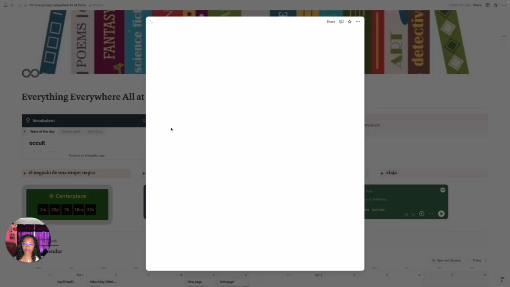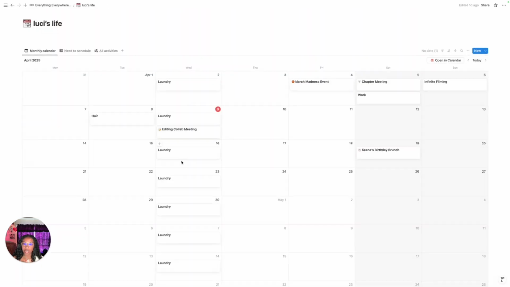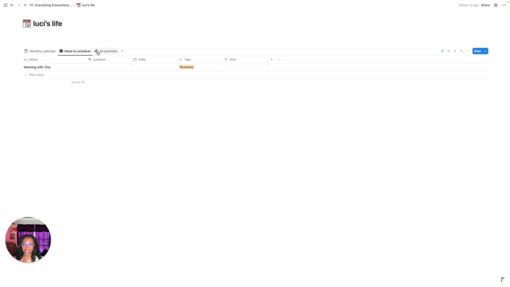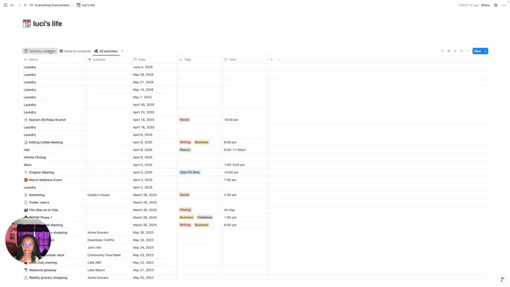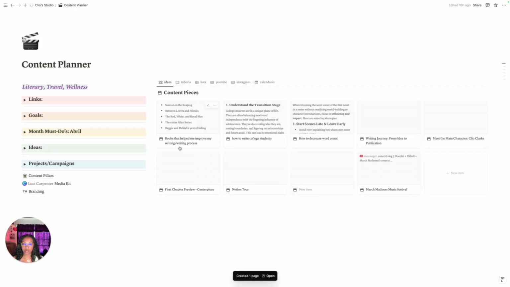And it's the same thing for budgets. It goes straight into my January, February, March, April budget, so I can put things in there. Sometimes I didn't want to have it open up directly to that month. It's currently April because I might need to put something back in February that might have happened, or just be able to look at it. But it's just something simple to click, so I don't have to go searching for the page. Same thing with the calendar. Automatically opens up to my calendar for my personal life, as well as things I need to schedule, and all activities are on a list, but it automatically opens up to this calendar view because I need to visually see what is happening today. And last but not least is button content ideas.